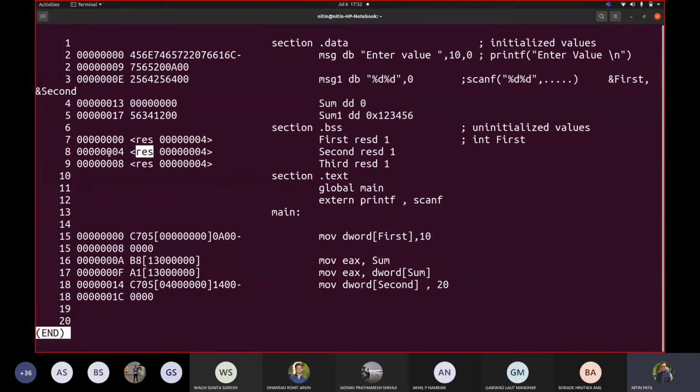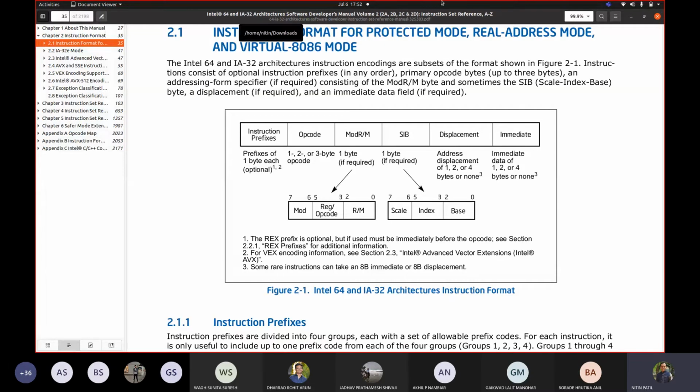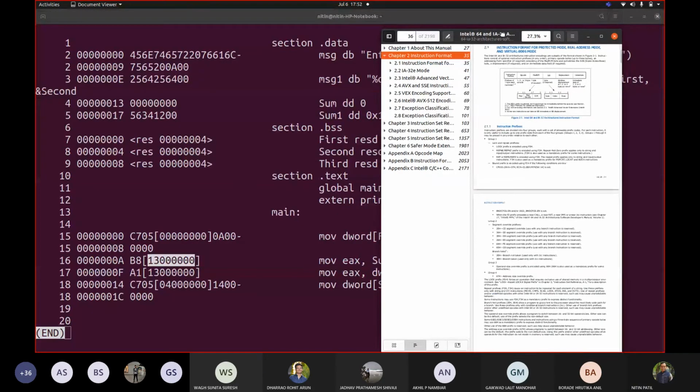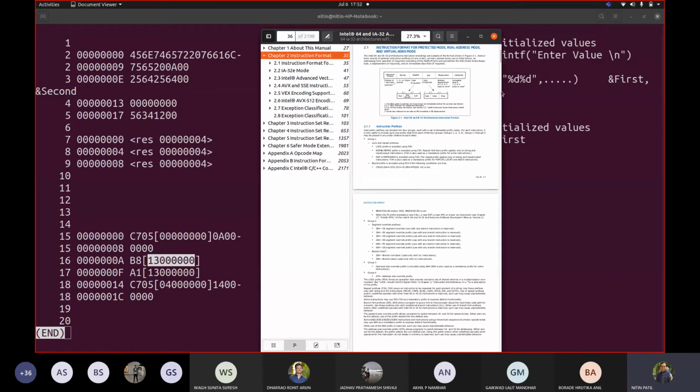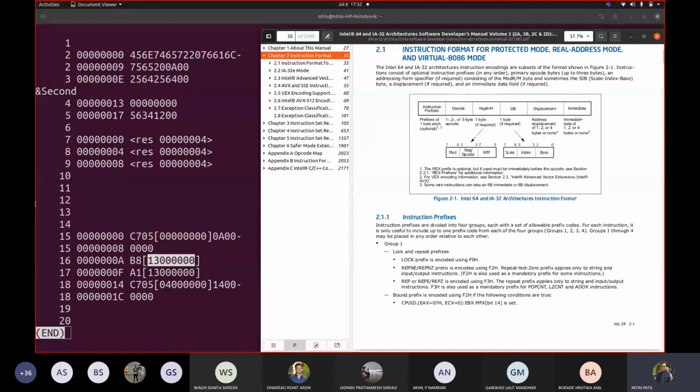Even if this right side code is not shown to me, I can definitely tell from seeing here that this is my BSS, because BSS will have this reserve thing. So what name will you give this 00? You can give any name, any damn name there.